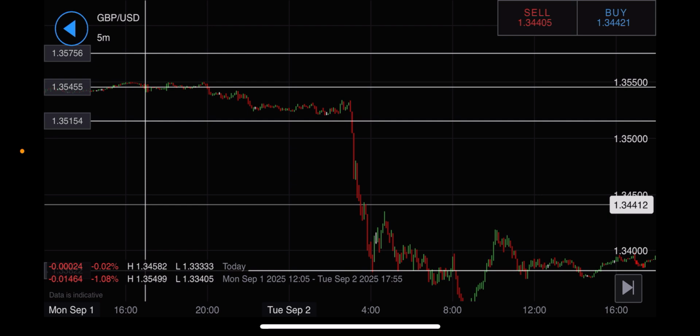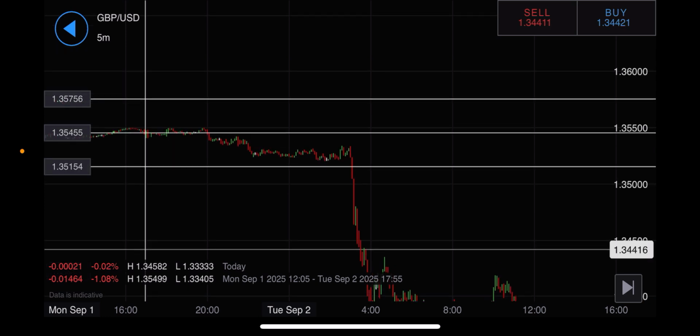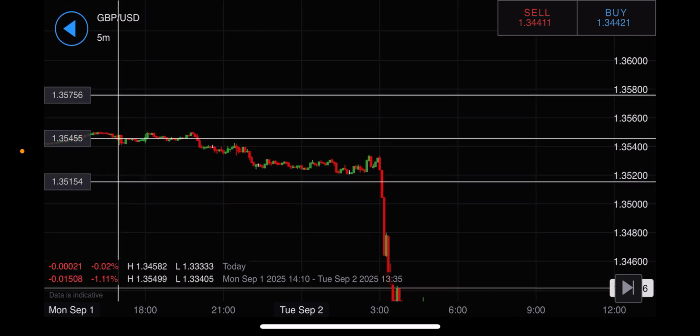However, we did have a potential alternate trade on Monday night going into Tuesday. So the vertical line that you're looking at on the screen is the Monday night New York close. And then you can see in the middle of the screen now the 3 horizontal lines, the middle representing the New York close, and then 30 pips above and 30 pips below. Now, what you can see just to the right of center on the screen is all those red candles and